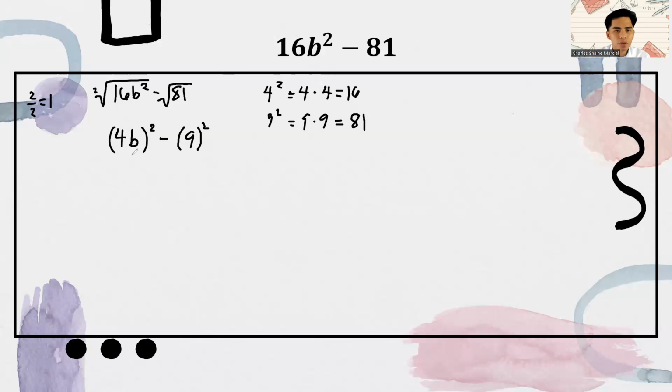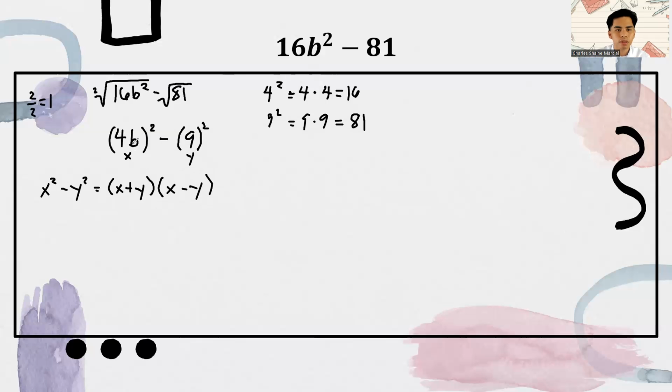Now, ito na yung x and ito naman yung y natin. Okay, so sabi doon kanina, the difference of two squares is the product of sum and difference of those terms. So ito na yung standard form natin. Ito yung susundin natin. So since meron na tayong x and meron na din tayong value ng y, we will